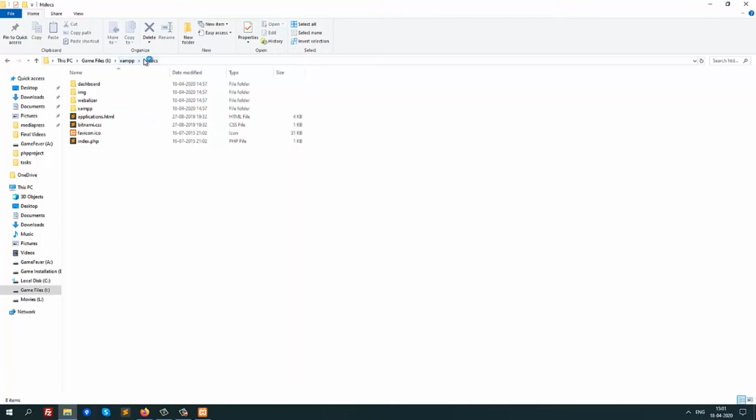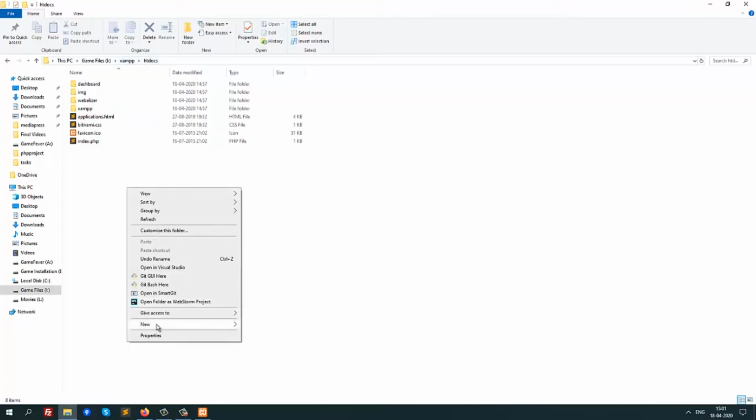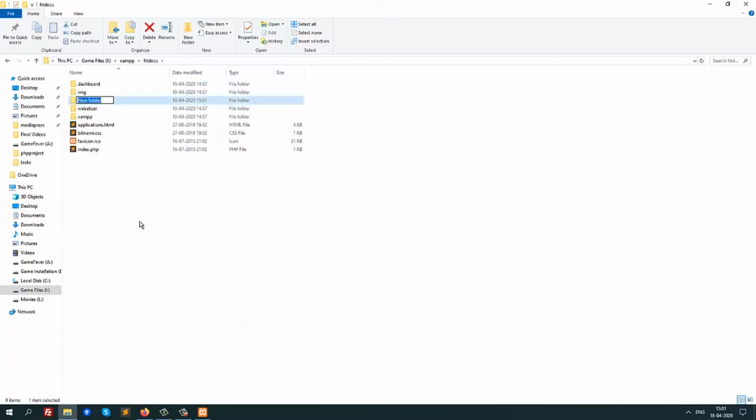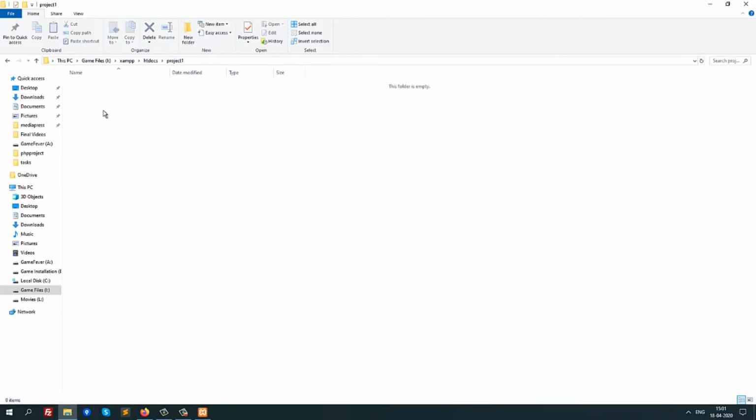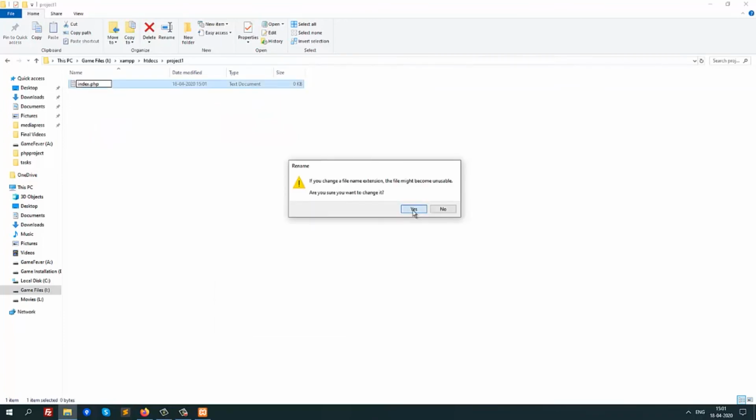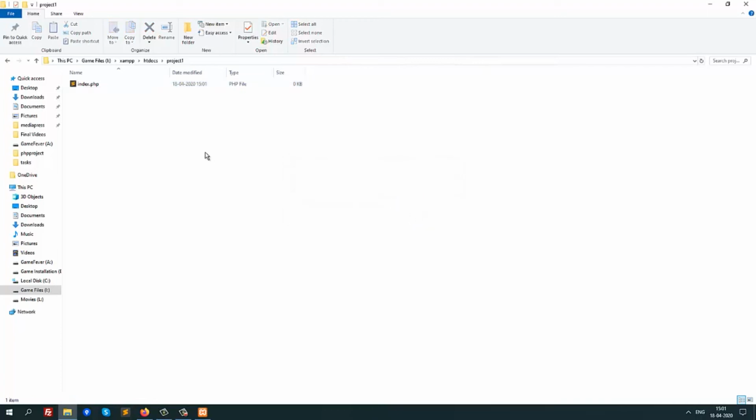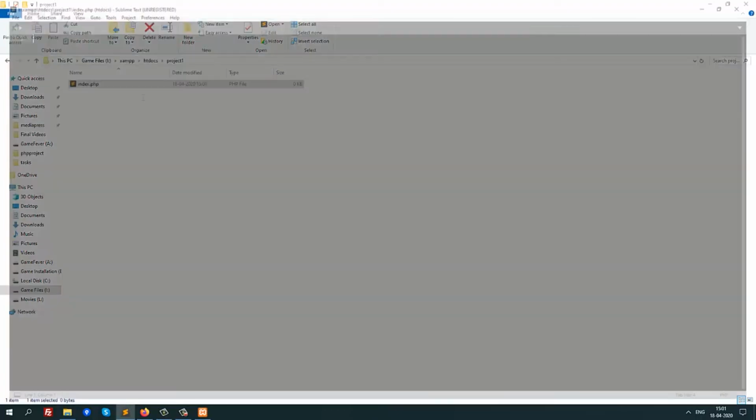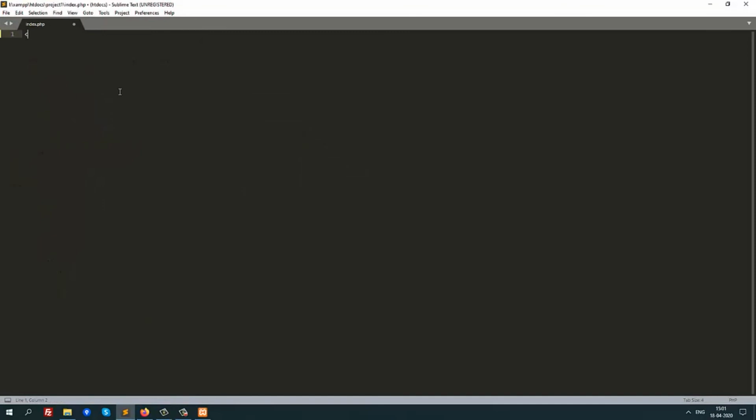Now we are inside the htdocs folder under Xampp. So here we will have different project folders. So first of all I will create a project folder named project1. Now inside this I will create a PHP file, index.php. It's asking me to override the extension, so clicking yes, so the PHP file is created. Now I'll open this and run a PHP code,